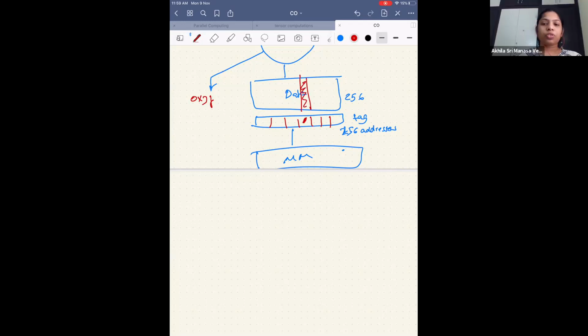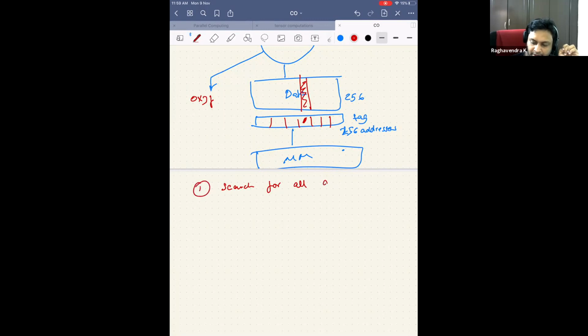But we need to search all 256 addresses. Yes. Instead, we can modify it so that we search only some part of it. So that is the first problem: searching all addresses. I am not happy with this. But is it the only problem?